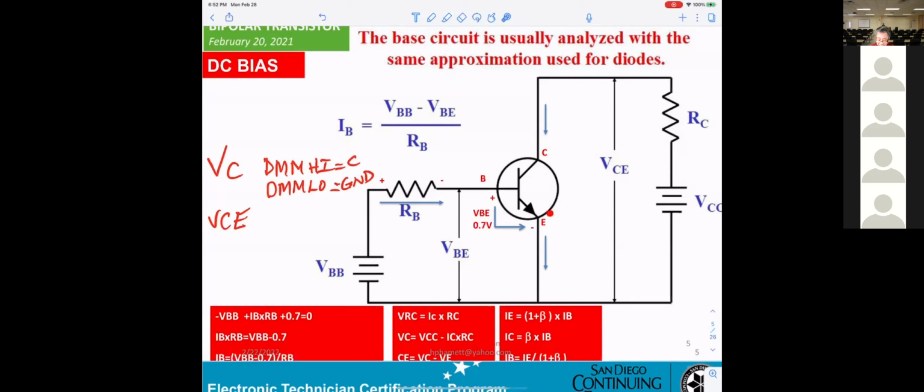Low side connects to E. That means VCE. Okay, any question?